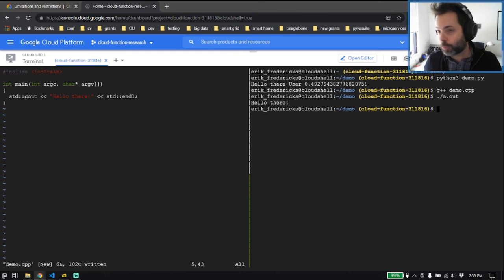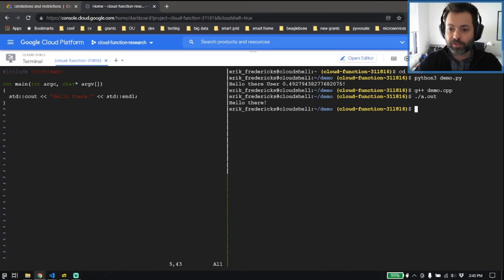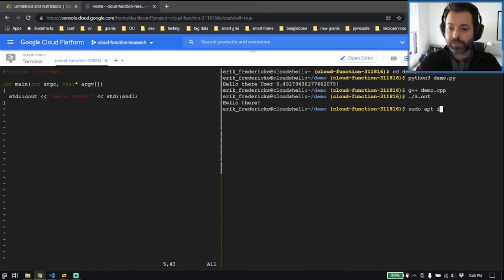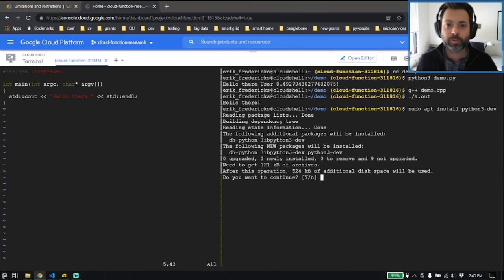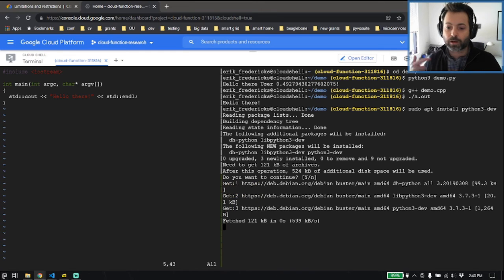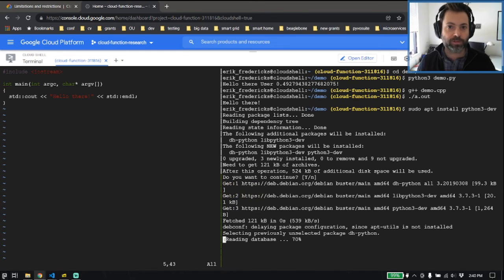Maybe there is something out there that I need though. Okay, maybe there is a package that I need for development. This is actually in Cloud Shell, an Ubuntu-ish environment. So I can actually use the apt package manager to install it. So let me slide this over a bit. I could say sudo apt install python3-dev. So maybe I need something out of the development toolkit. Again, this is only for more of a power user if you know what you're doing with Linux in a way, but this would be installing Debian packages for